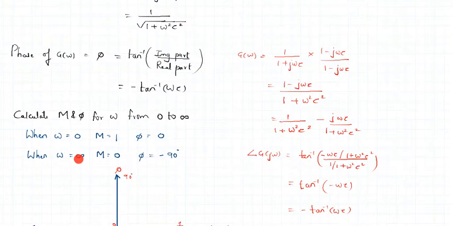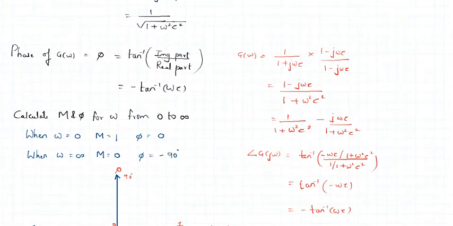of magnitude and phase are. So when omega is 0, put omega 0 in the magnitude equation, we get magnitude to be 1. And when we put omega as 0 in the phase equation, tan inverse of 0 is 0. When we put omega as infinity in the magnitude equation, 1 upon infinity becomes 0. So magnitude becomes 0. And when we put omega as infinity in the phase equation, we get tan inverse of infinity, which is nothing but 90. So a minus sign here makes the phase minus 90.